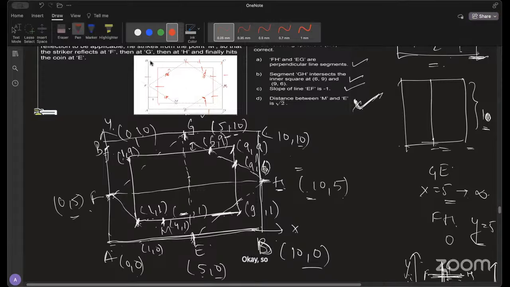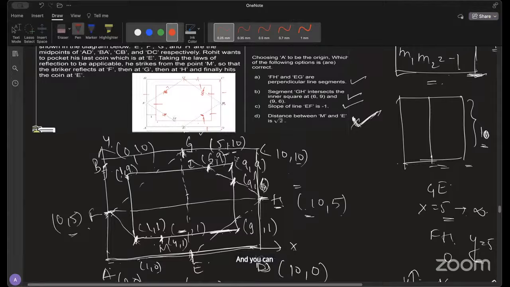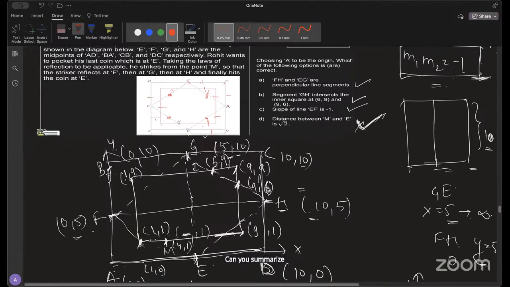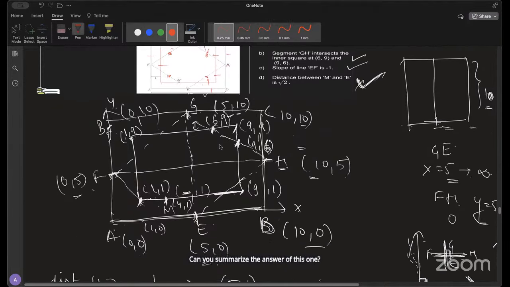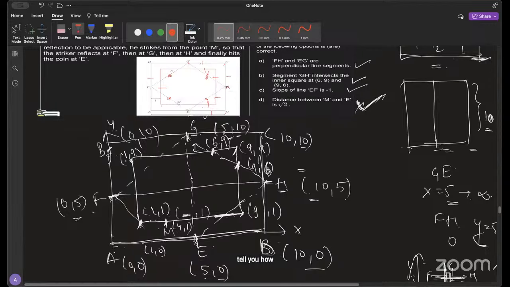Okay, so I'm assuming that nobody has a doubt in this. Else you can ask. Ma'am, can you summarize the answer of this one? That's what I'm doing. I'm first trying to tell you how you find these points because that's the main part